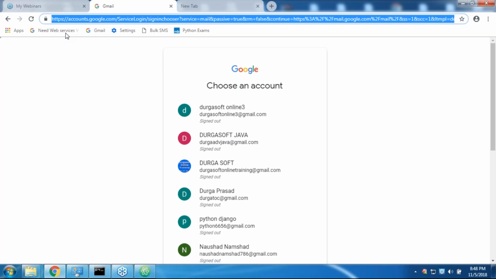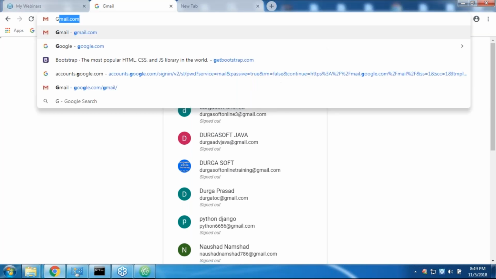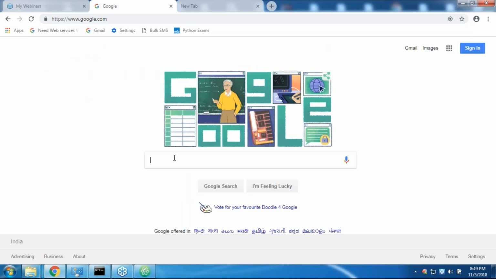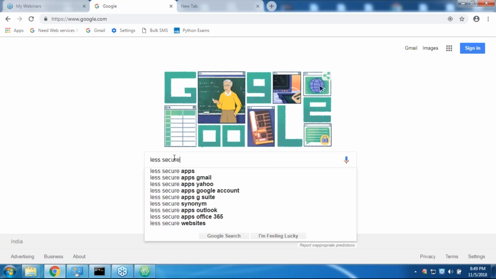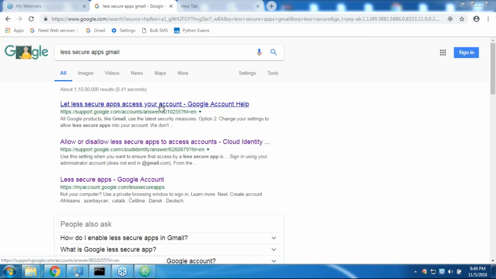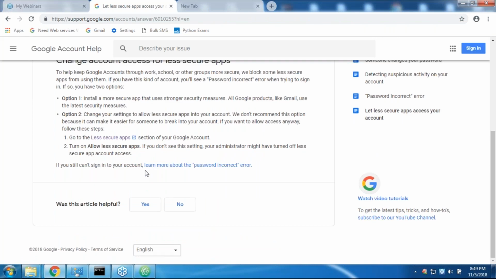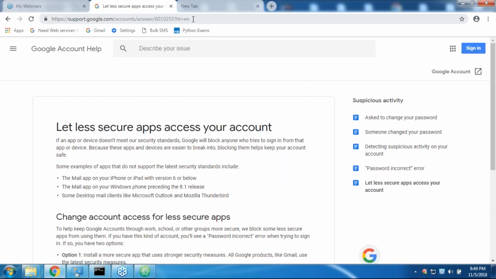Less secure apps, Gmail, we require to do that. Maybe Tejaswani, you may face that problem. Less secure apps Gmail for your account, so you require to enable this one. Okay, I'm getting the less secure apps section for your Google account. If any people are facing this problem, you require to enable less secure apps, no problem at all, you have to enable that. Can you please cross check if any person is facing this type of problem? Tejeshwar,